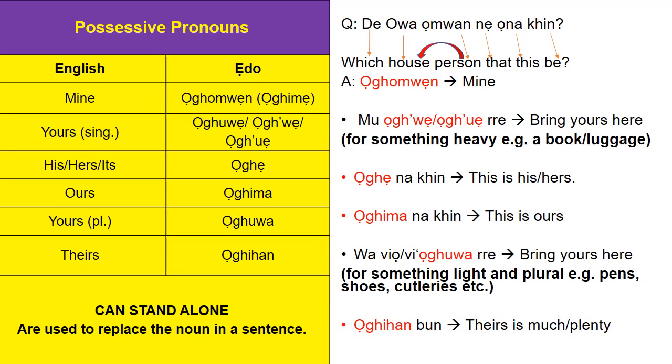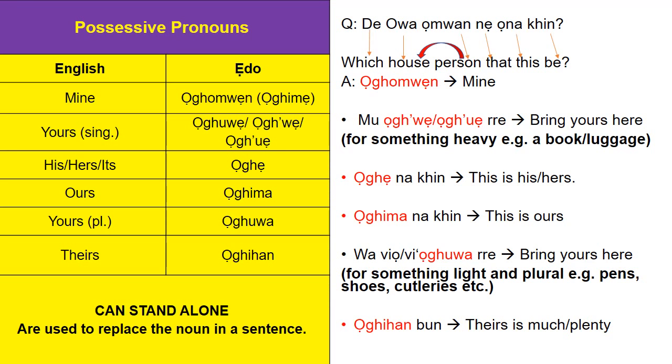So here we have a question. It says do woman onahin. Again, that ne, usually you see an apostrophe there, and the e will fall off because ona starts with a vowel. So again, rule of contraction. You always come across this rule of contraction in the Edo language because we have a lot of vowels in our words. So this is actually translated one to one. It is which house person that this be. So hin is the form of to be. By the way, the next lecture is going to be about the verb to be. So stay tuned to that.